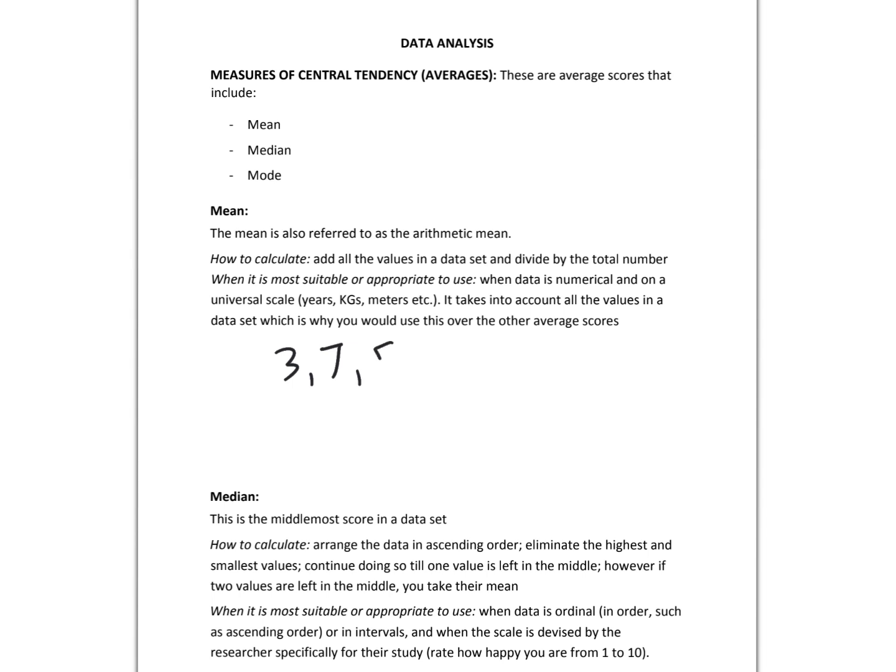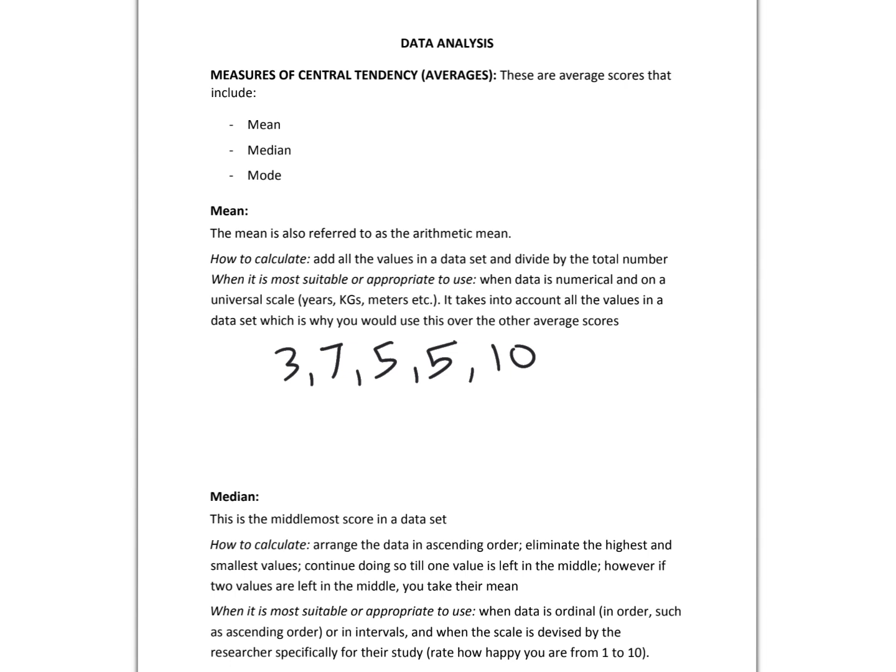Third one gets a score of 5, fourth one gets a score of 5 as well, and the last one gets a score, let's say, of 10 on 10. So these are the 5 scores out of 10 that 5 students in my classroom have attained. Now I want to get the mean or the average score of these 5 students in this test out of